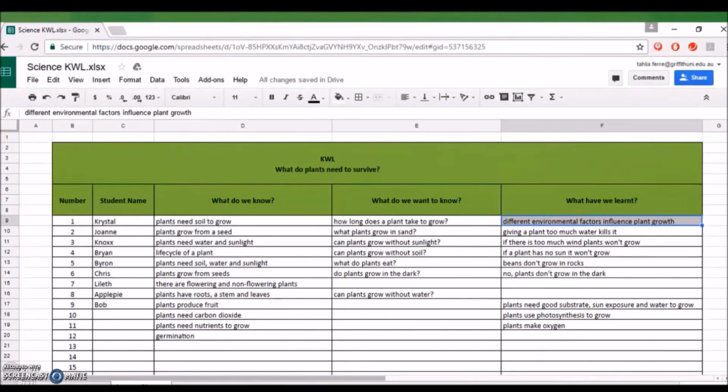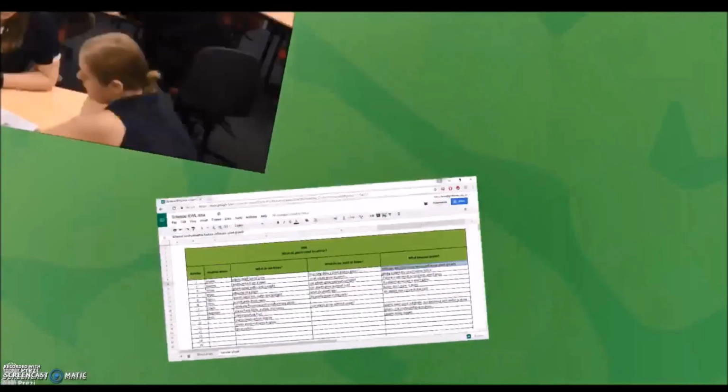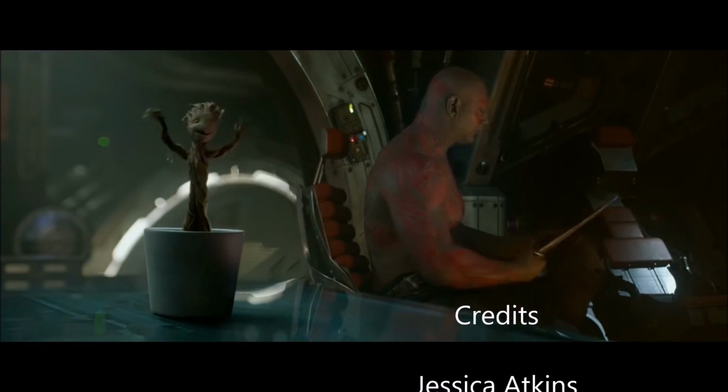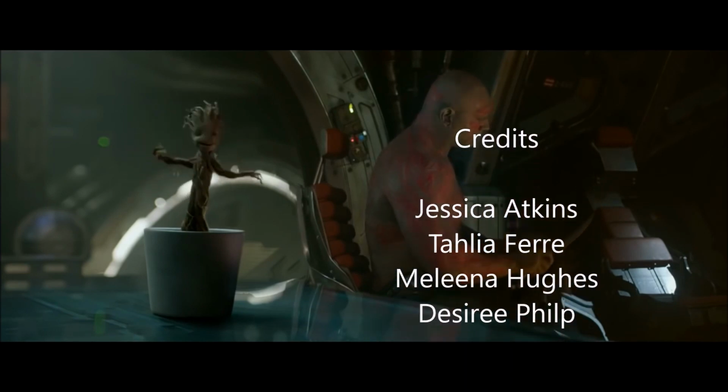Following is an example of what the completed KWL could look like. At this point, the CDSU will be utilised by the teacher following group discussion to build upon the students' current understanding and further their learning, aiming